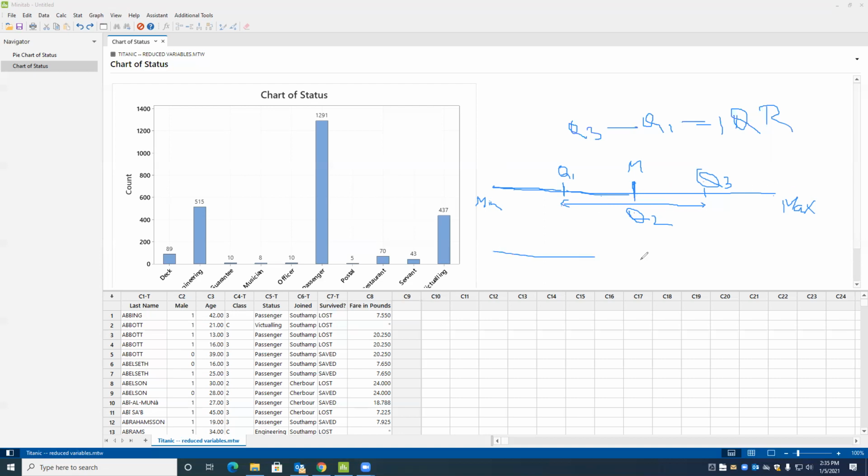Suppose we have this data and I divide it into 10 equal pieces. 1, 2, 3, 4, 5, 6, 7, 8, 9, and 10. Then this is the first 10%, this is the next 10%, and altogether this is called decile.